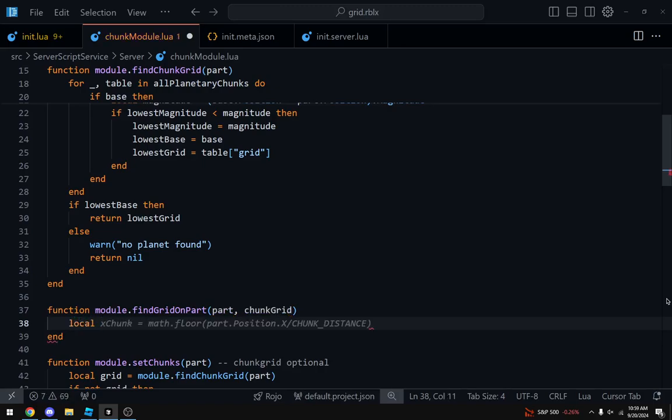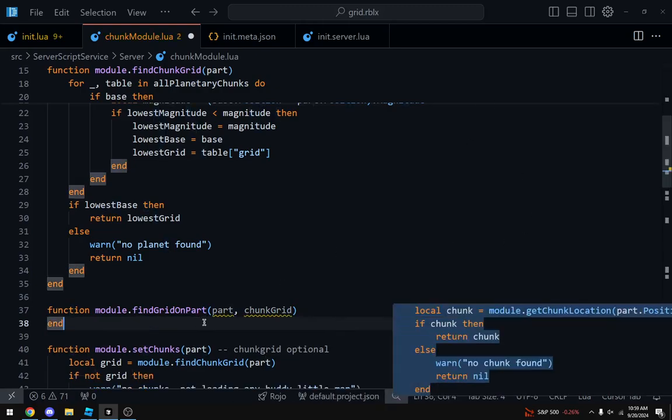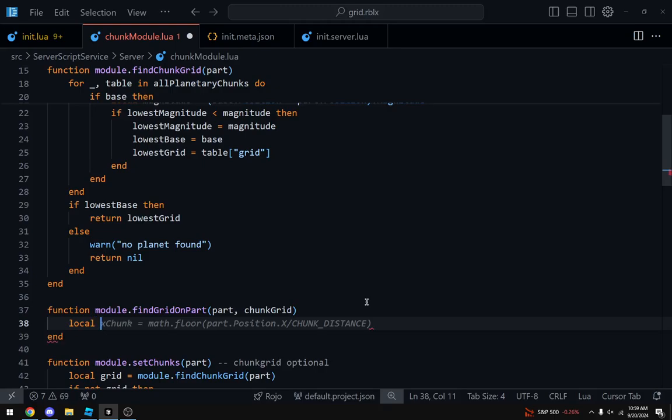Local get chunk center position. No, this is a function. We do local chunk center. No. Module dot get chunk center position.